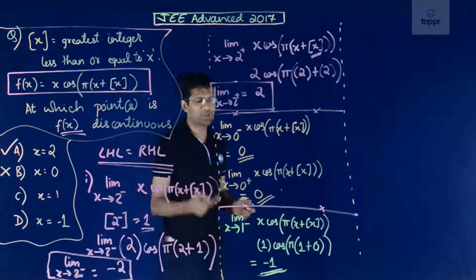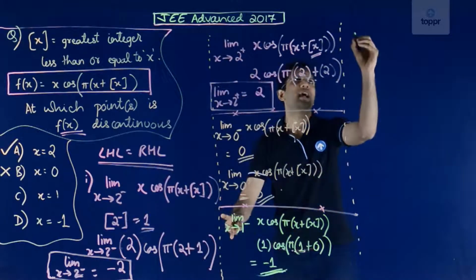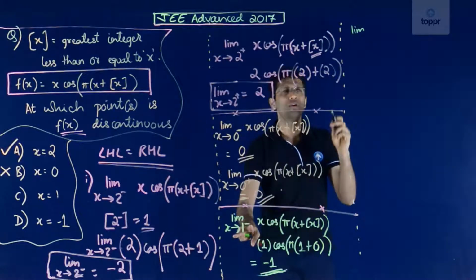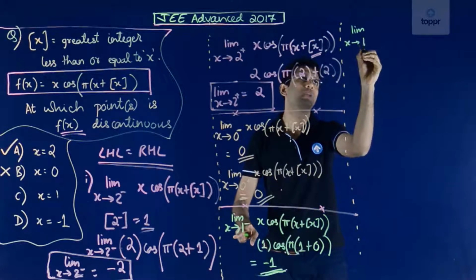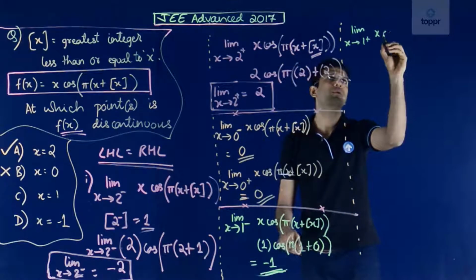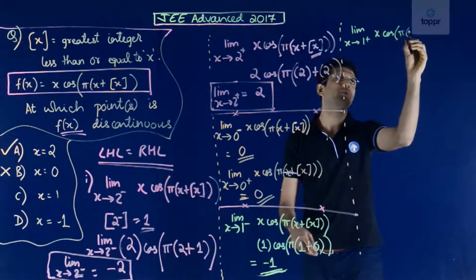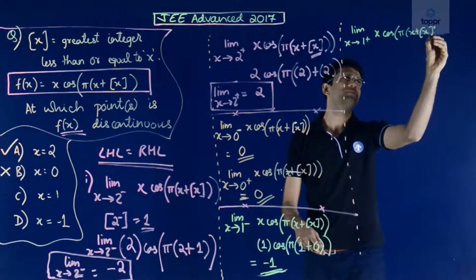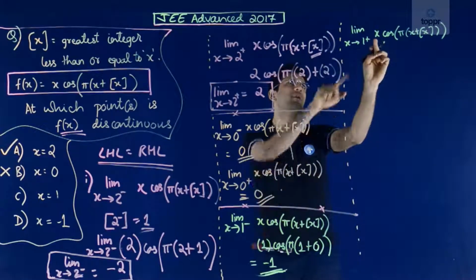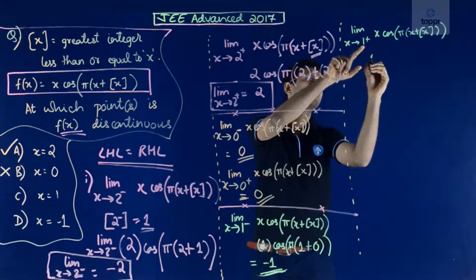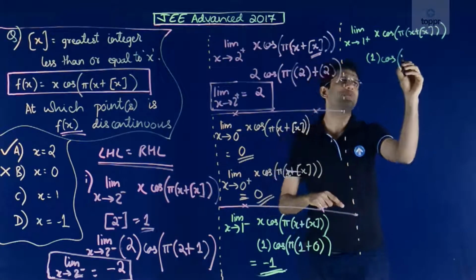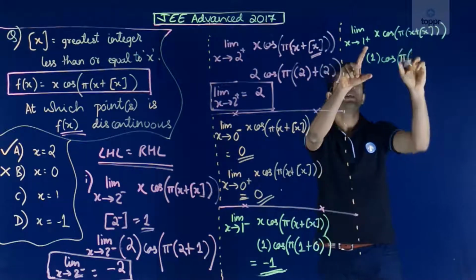And now we will continue the procedure and try to find out the right-handed limit of the same function as x tends to 1 plus. So now we are looking at the right-handed limit x tending to 1 plus. And now we will retain the function as it is, that is x into cosine of pi into x plus GIF of x. And now I have to find this limit. Note that this x will be replaced by 1 as x is tending to 1 plus. The cosine sign will be preserved, then we have a pi here which will be preserved as well. This x will be replaced by 1,